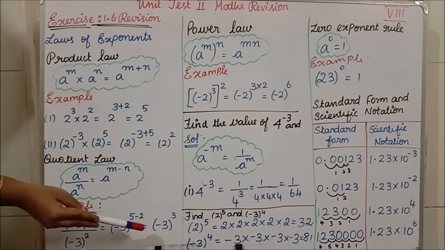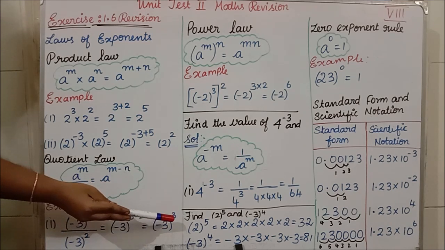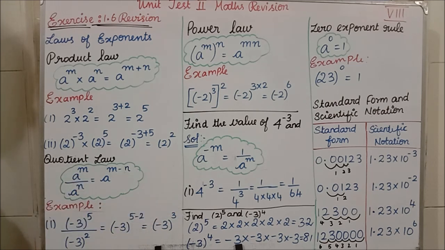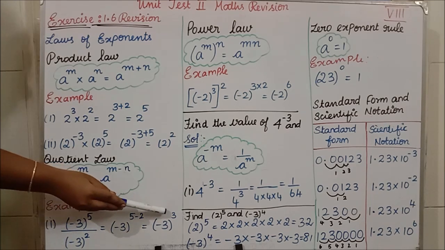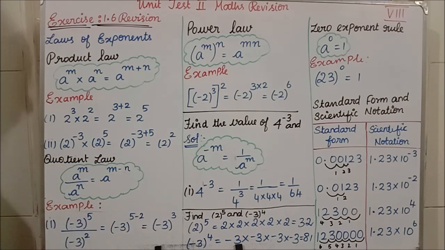Clear, students? Students, whenever you are having odd numbers in the power, if the base is negative, the final answer also will be negative only. Clear what I am saying? When the power is an even number, meaning 2, 4, 6, 8, 10, 12, these are the even numbers, isn't it? When such numbers are there in the power, when you multiply the base, you will get the answer in the positive. Clear?